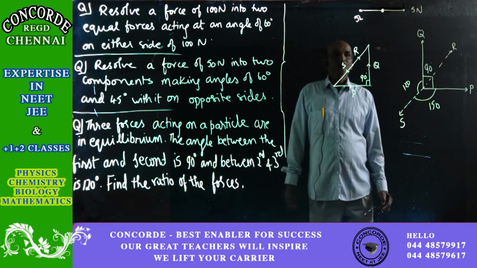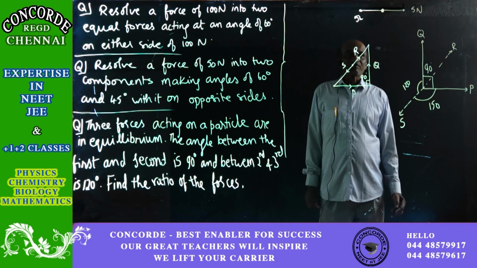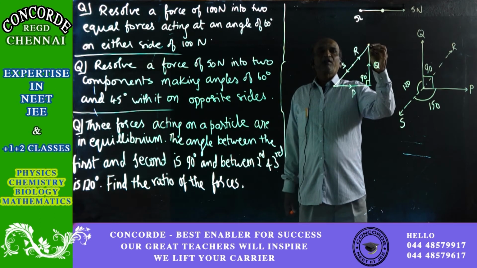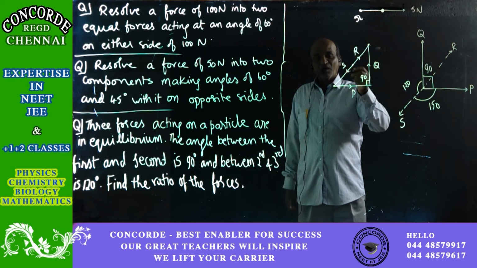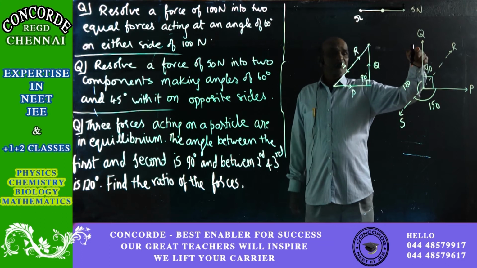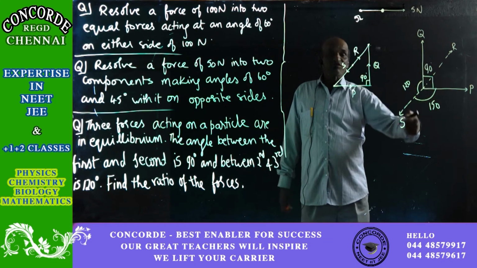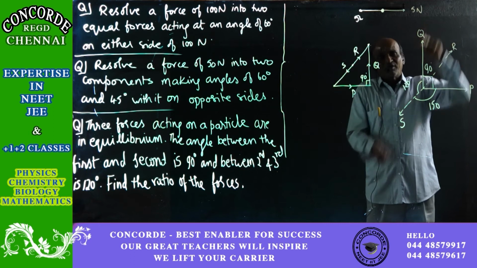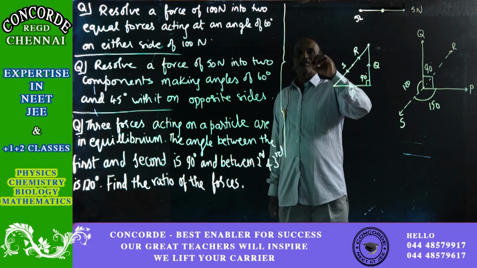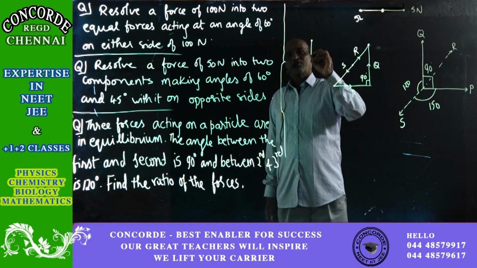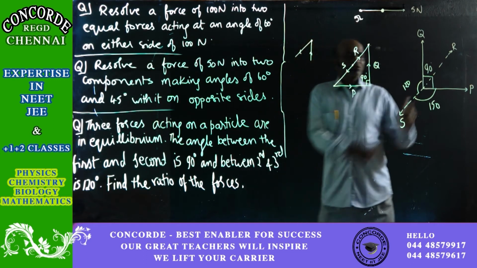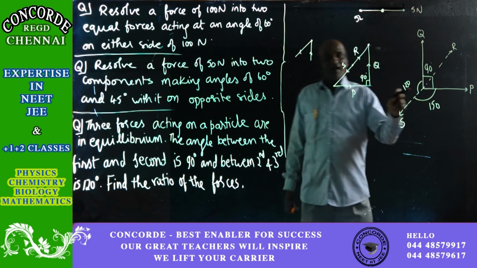Okay, so then, see the other information, that Q and S. If you take this point, Q is approaching the point, S is coming away from the point. Whereas, how are Q and S here? Q is outwards, S is also outwards. When both the forces are outwards, then the angle is 120 degrees. But here, you can see that if this is the point, Q is inwards and S is outwards. Either both should be outwards or both should be inwards. Then the angle you can take as 120.